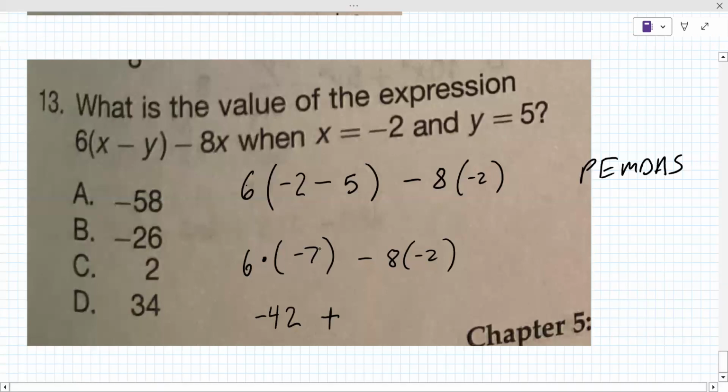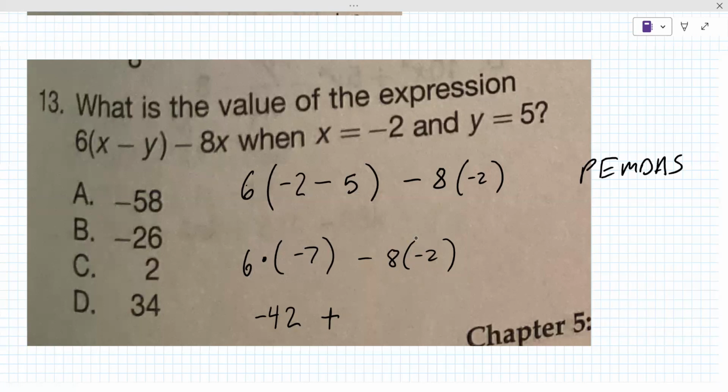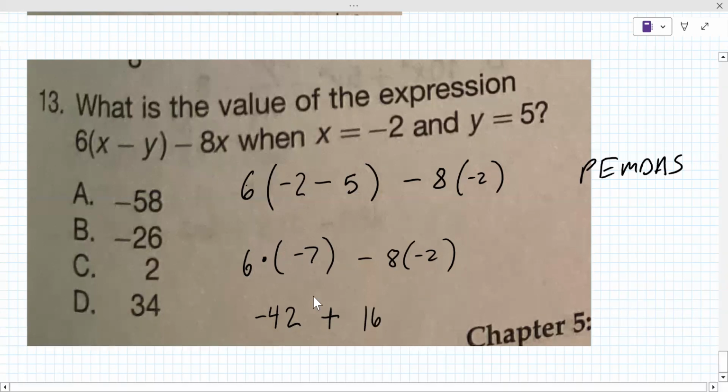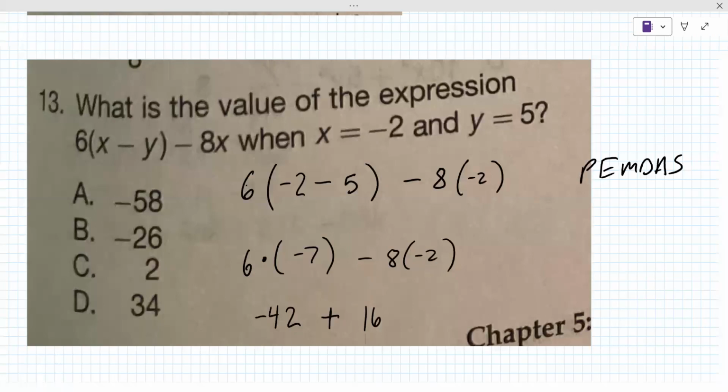Then this becomes plus. No, I like it, it's good. I tend to read it that way instead of that minus that, because I think that's a good approach. That would be plus 16. Good. So what is your final answer? So -42 plus 16 would be